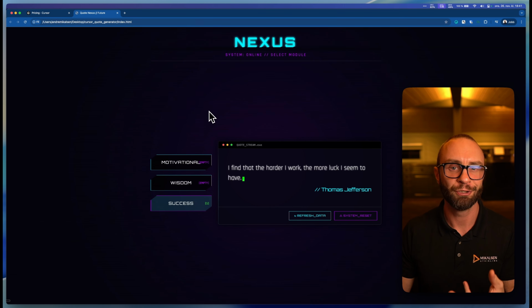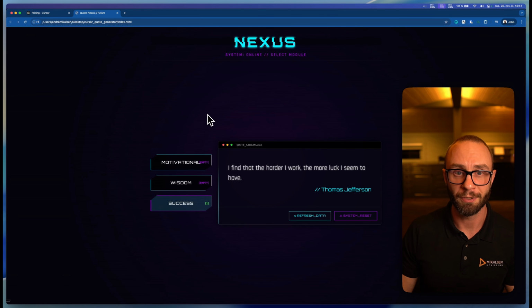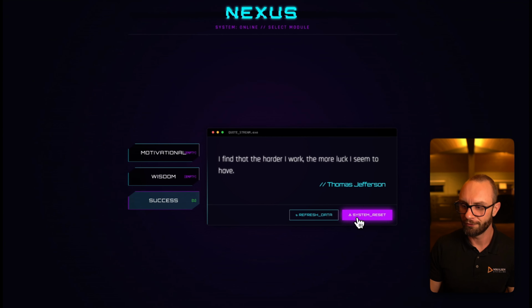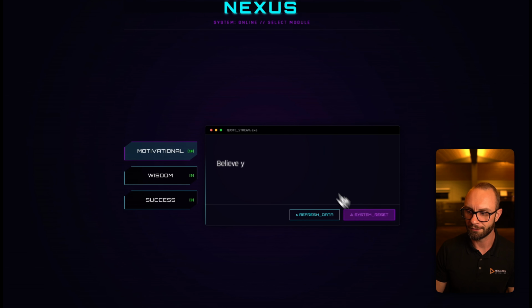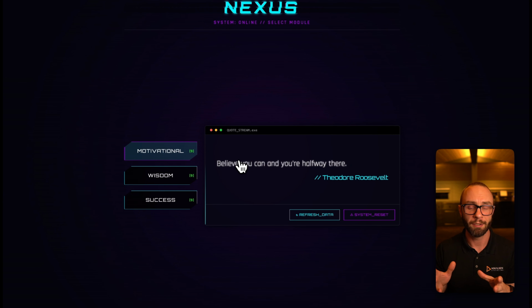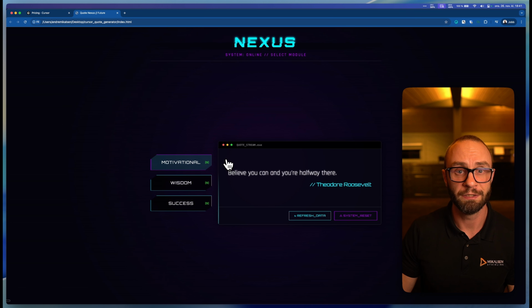So this is a very good result for 5 minutes, what we created using 2 different models inside Cursor. You can see it even has a system reset here. We can go and reset what's happening. So let's say, okay, this is a first good draft. What if we want another feature inside this website?